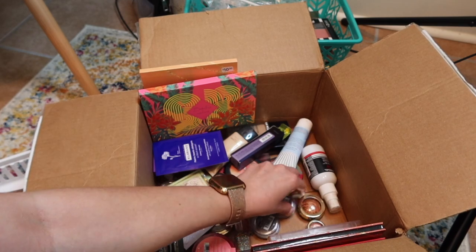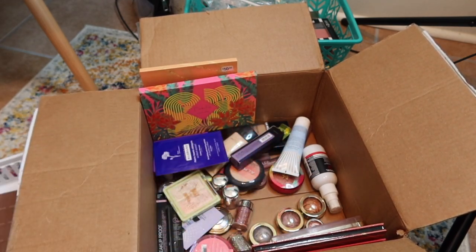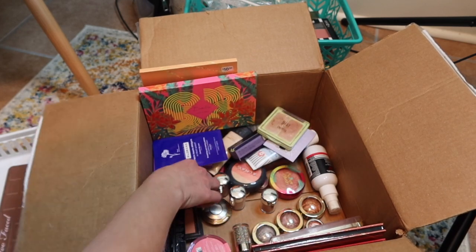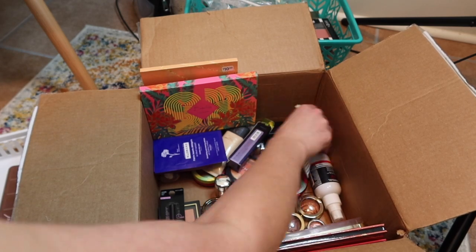And then we have the Believe Beauty one. And actually, maybe I'll pull two of the Believe Beauty that we can put in the Makeup Basket Express as kind of like a one and done kind of look. Okay, so I think what I want to do